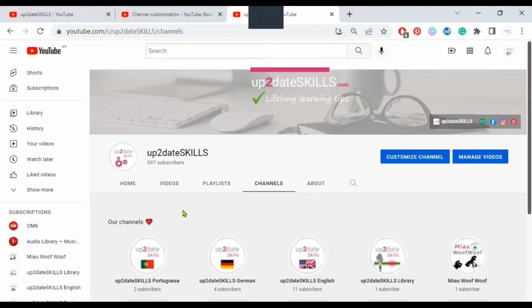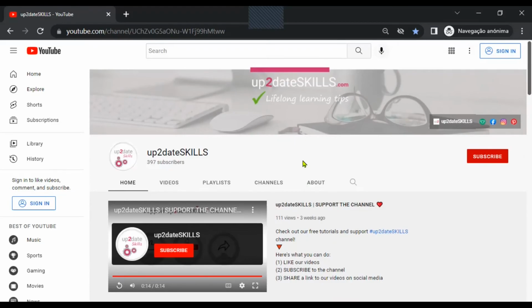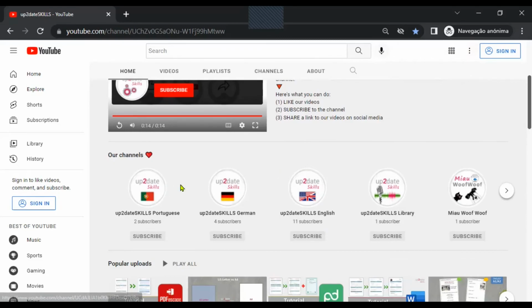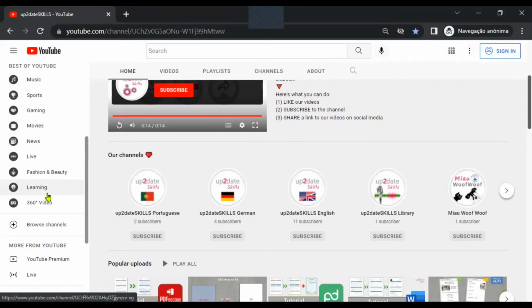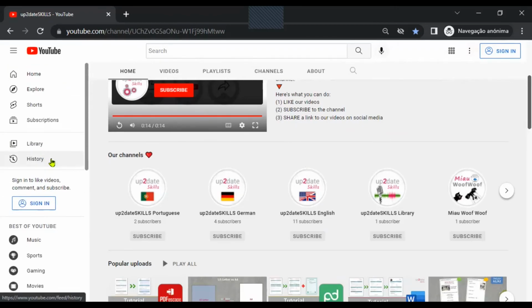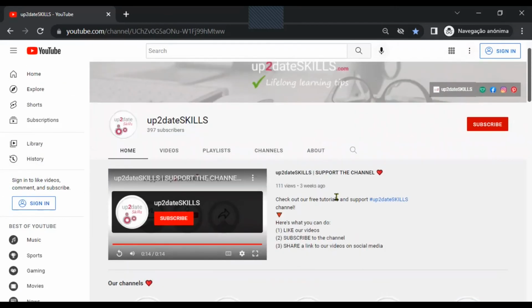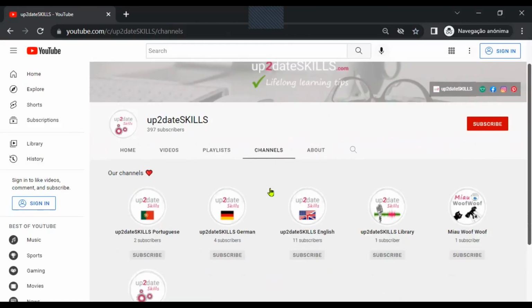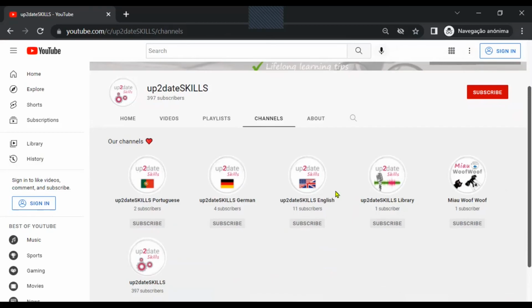Let's open the channel in an incognito page to see how it looks. And here it is. So if someone visits your YouTube homepage and they scroll down, they will see your featured channel sections. They will not see your subscriptions here on the left as we could when we were logged into our account. And if they click on the channels tab, they will see our featured channels again. And the option to see our public subscription is not even here.